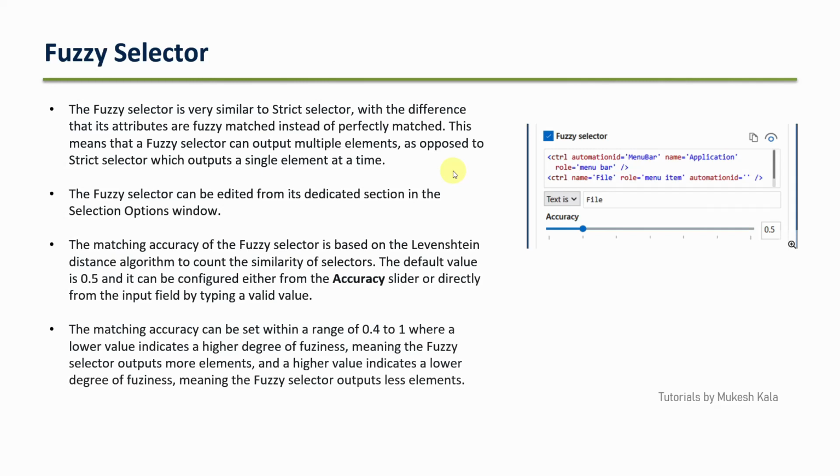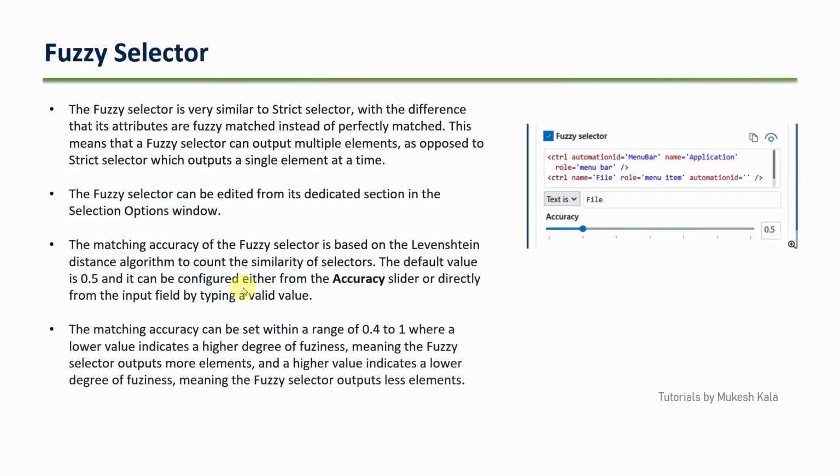Now the fuzzy selector works on the concept of matching accuracy, which means how close is the element: is it 50% close, 40% close, 60% close. That's why it is called fuzzy selectors, and that thing is called the accuracy. So whenever we talk about the fuzzy selector, there is a parameter which is called accuracy. The default value of that accuracy is 0.5,